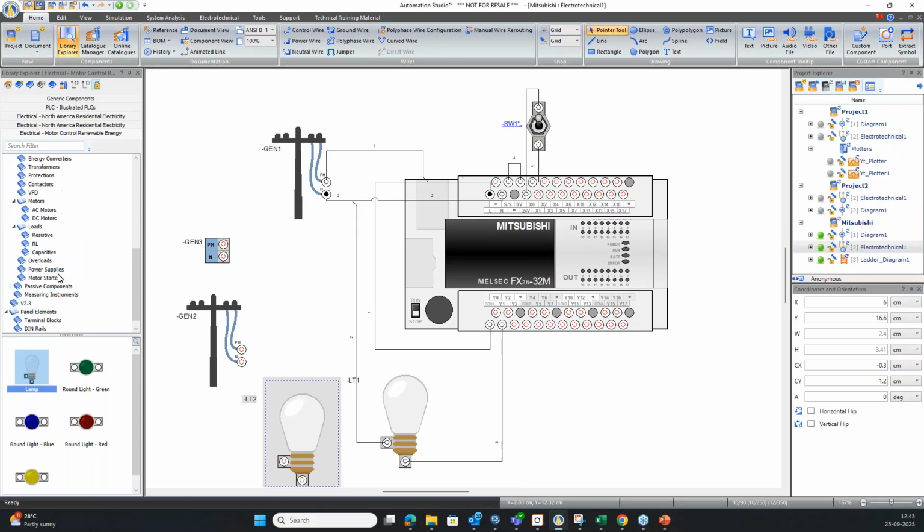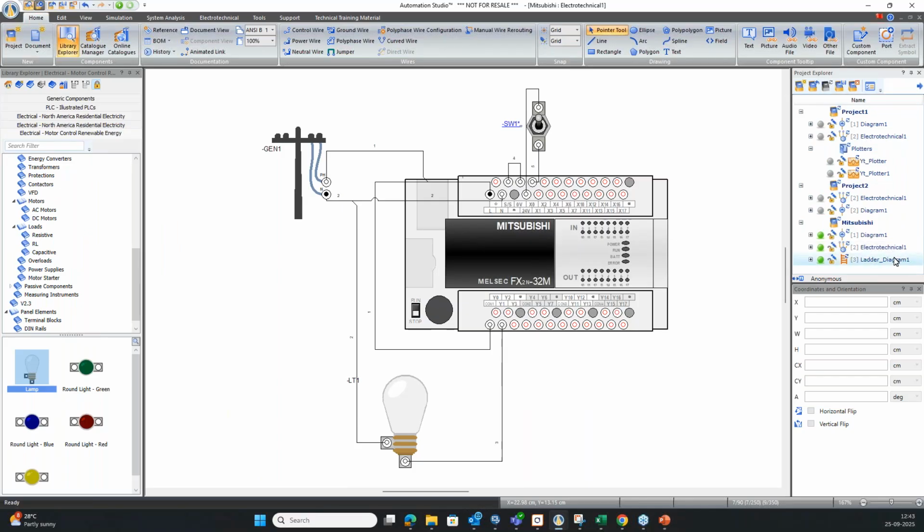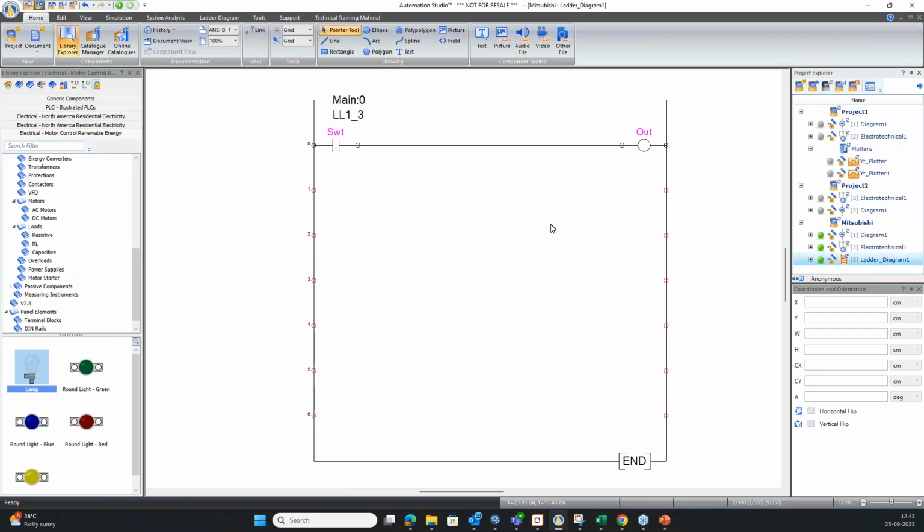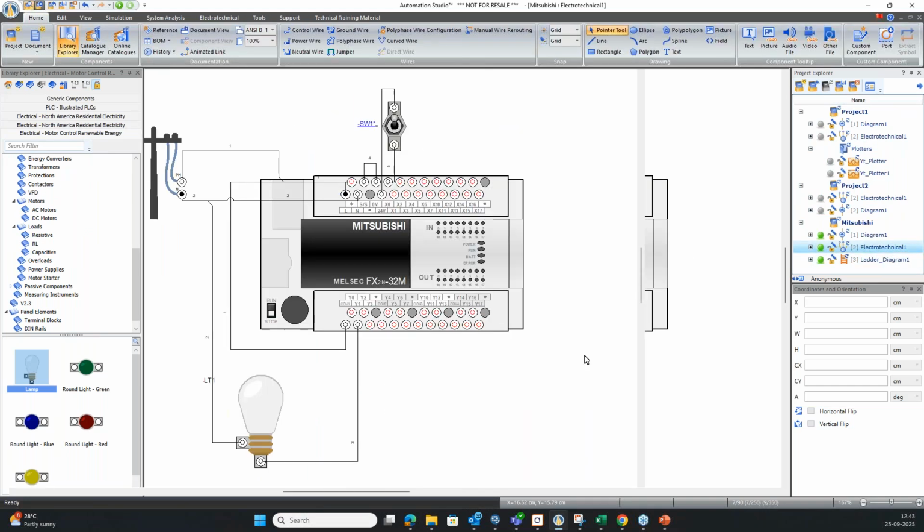Okay. With that being said, I will just try to simulate the circuit. I will delete these components that are not required. Over here, like you can see, we have created a ladder diagram as well. We have this normally open push button, which will be acting as a switch. And at the output, I have basically linked the bulb. So if I try to simulate the circuit,